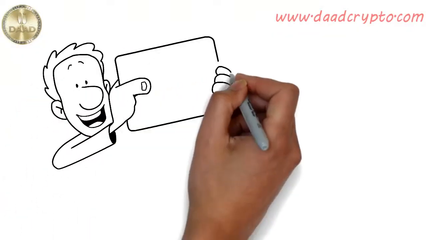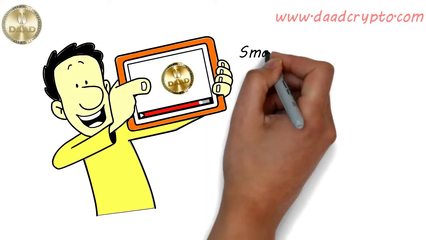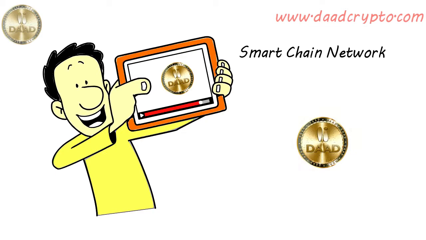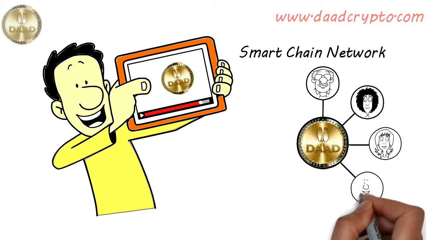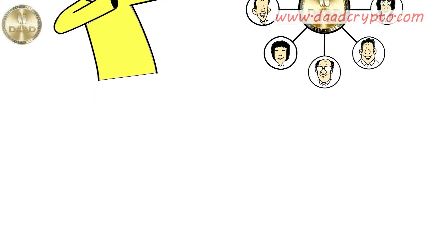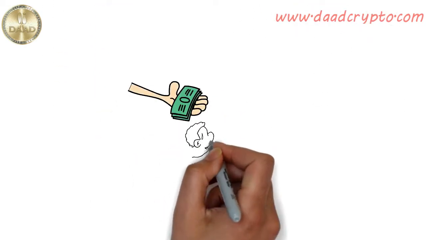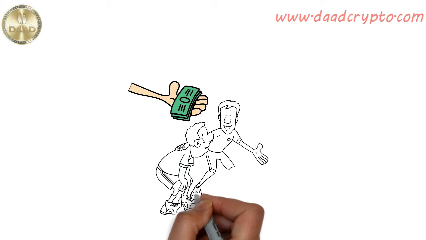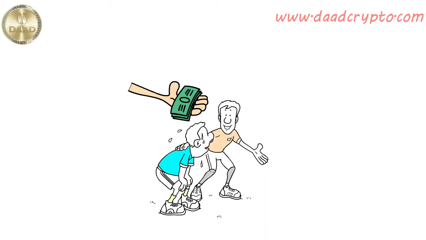DAAD is a decentralized community token on the Smart Chain network. And the drive behind DAAD Token is to provide equal opportunities to affluent investors and ordinary people through the same platform. DAAD Token acts as a fantastic platform for people with less money and people interested in human rights protection